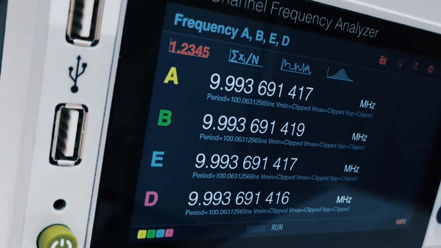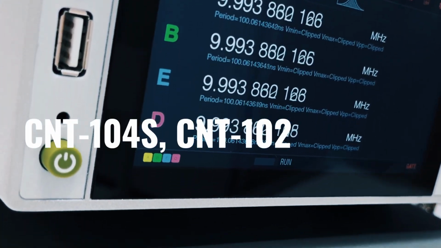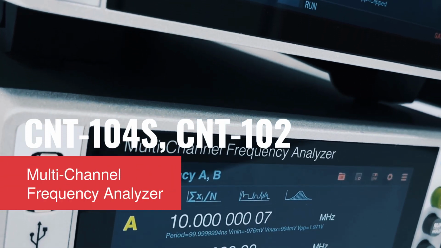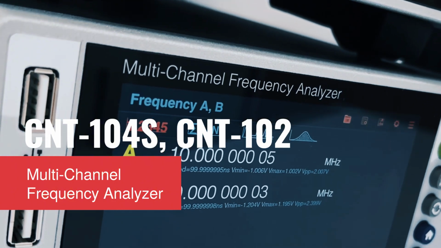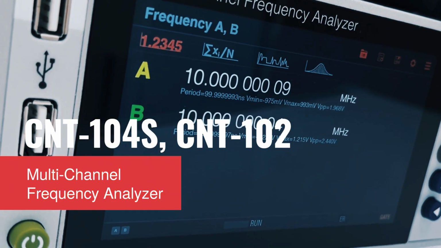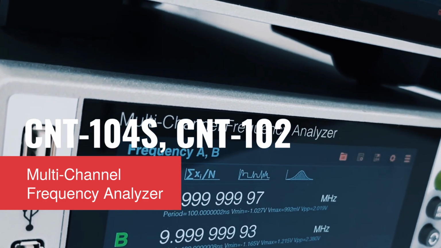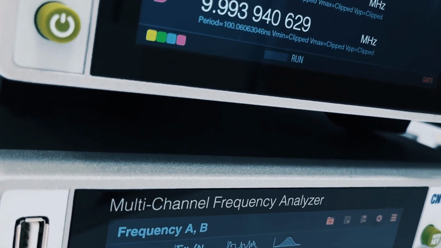The CNT-104S and CNT-102 are highly versatile, multi-channel frequency analyzers, which are suitable for a wide range of frequency and time-related measurements. In certain measurement situations, you may need to apply simple mathematical functions to the test results in order to